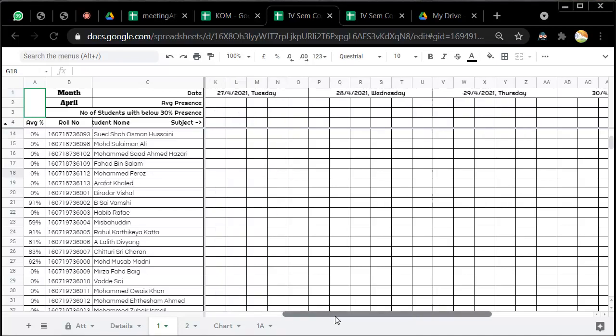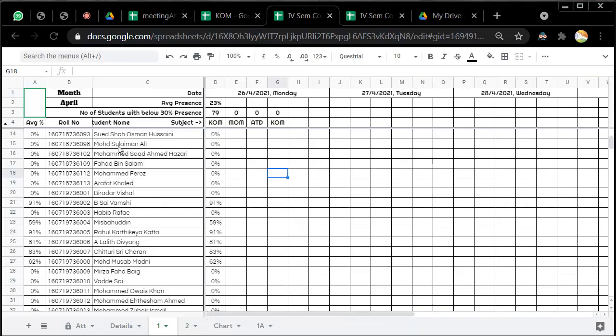And when 1 week is over, that data will be getting collected here, and the average values will be coming out here. So these average values the mentors can use to make calls to the students in case a particular student is not attending the class regularly. Now it will be the responsibility of the class in charge to create a similar sheet for the next week. So it's not very complicated.